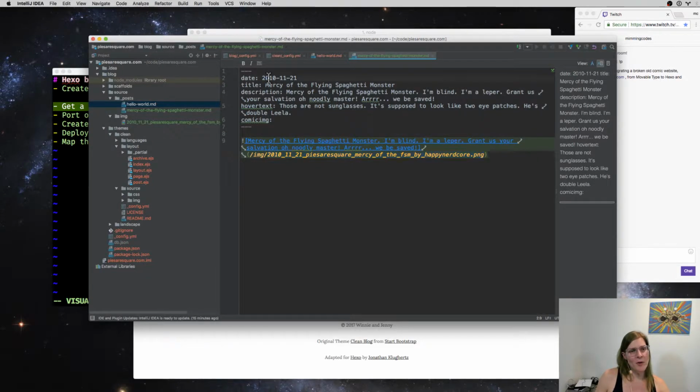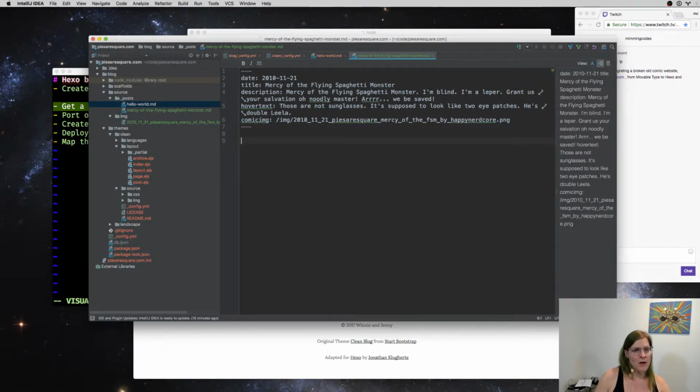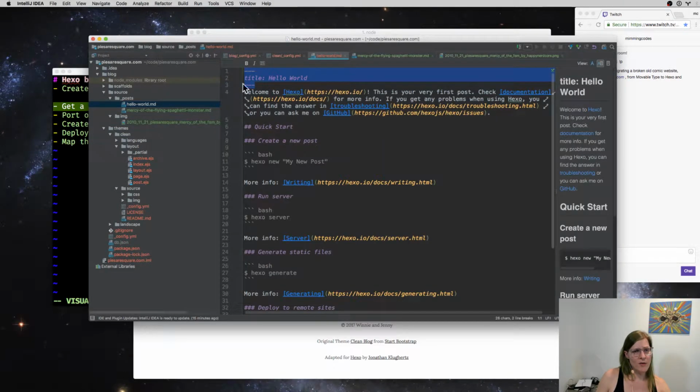So I could actually even build it from those two, but I don't think I'll do that. I think I will just put a local path to an image here. And then what we're going to do is we're going to build a new layout for this called comic. So what is this one's layout? Hello World is using, it doesn't even say it. So it's going to default to the default layout, which,